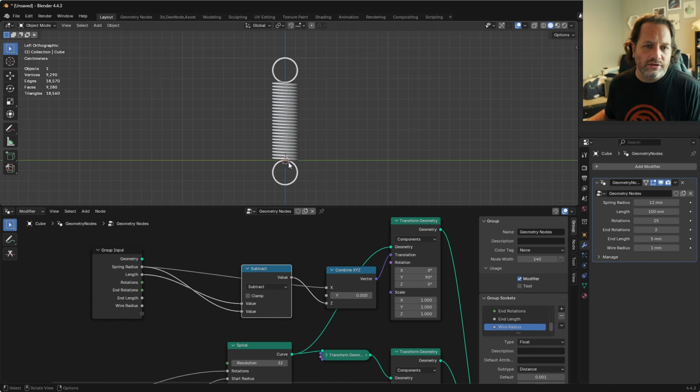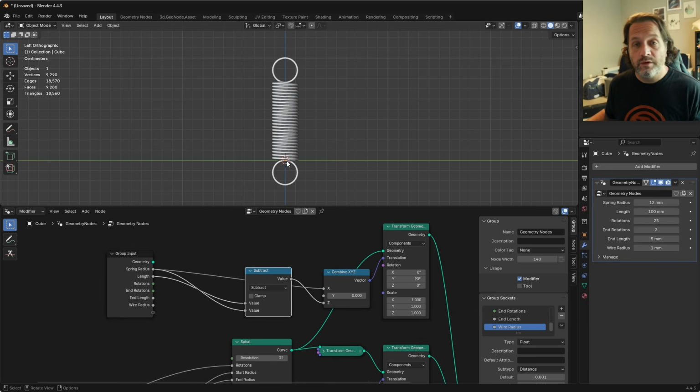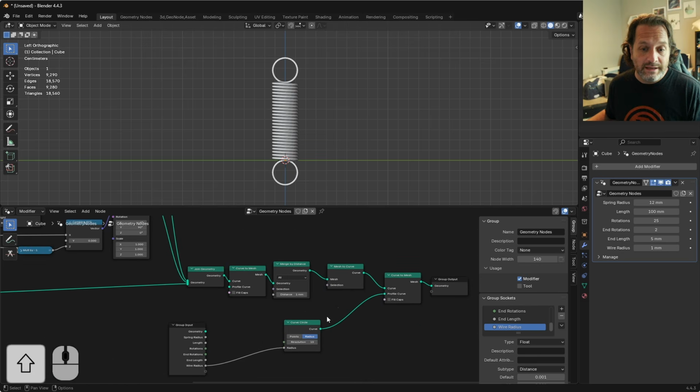Right now, the center of our object is still here at the transition point between the hook and the spring. But we want the center point to be here at the middle of our hook, not at the beginning of the body of the spring, because we're going to later want to measure, like I said, between the centers of the hooks. So if we want to adjust everything relative to the origin of this object, we can go all the way to the end,